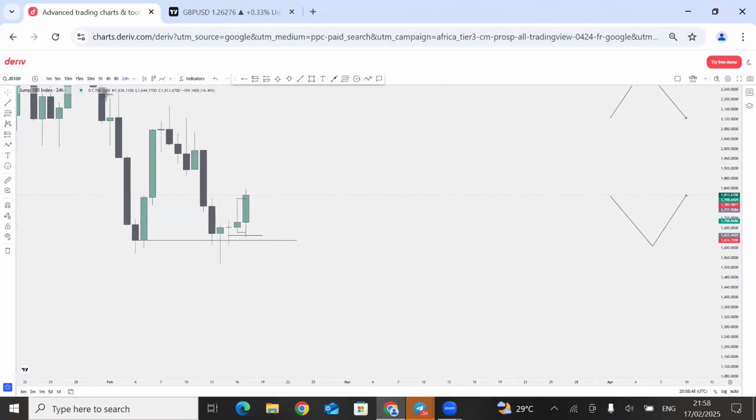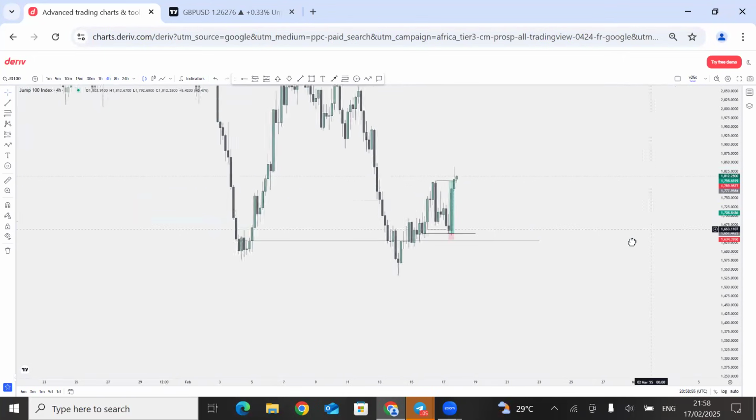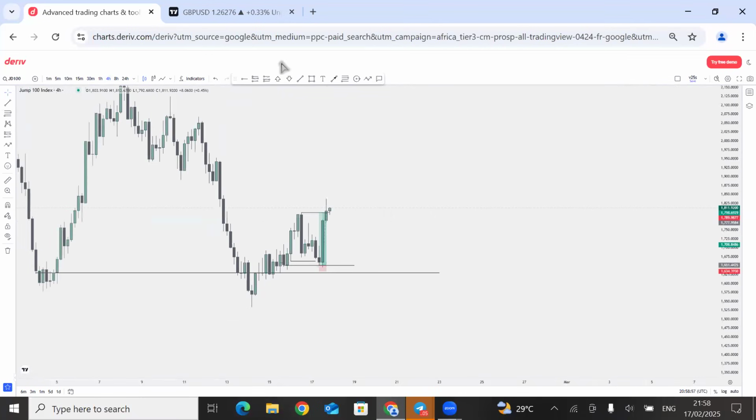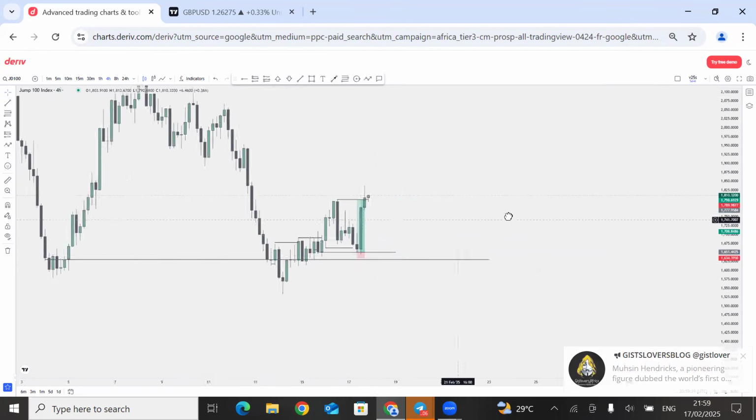So you just switch to one time frame lower, and you want to see something like a sweep. Here we had something like a sweep. We can call this a sweep and a break of structure. You want to see a sweep and a break of structure to the upside. Here's a break of structure to the upside, another break of structure again here to the upside. Price came up to this point. That's really giving you bullish. It's already telling us we are bullish.